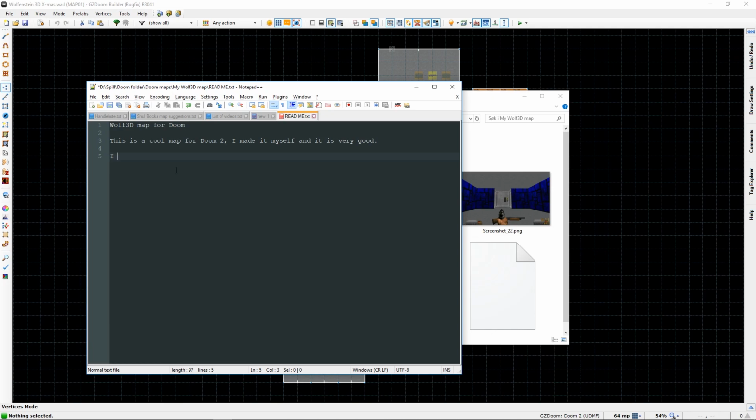I use an HD texture map that makes it look even better. You can find it here at link. Place link here. I'm not gonna bother finding the link right now, but just put it there and you save it,